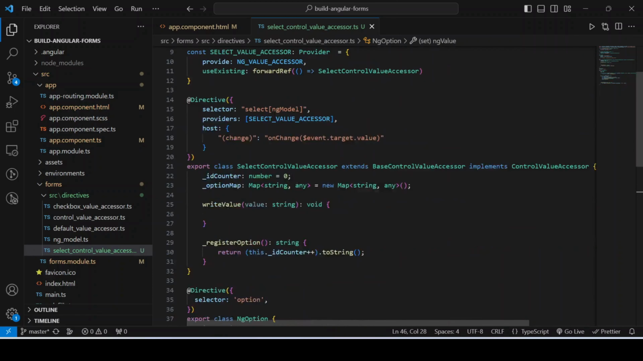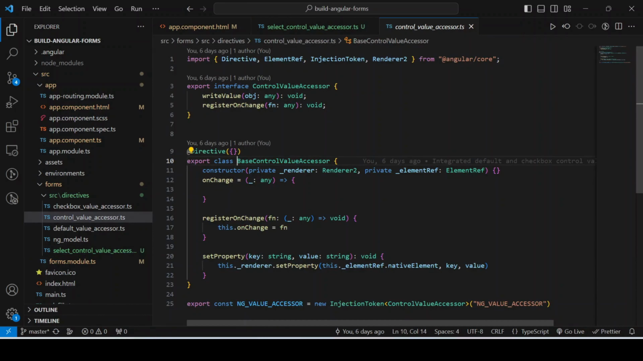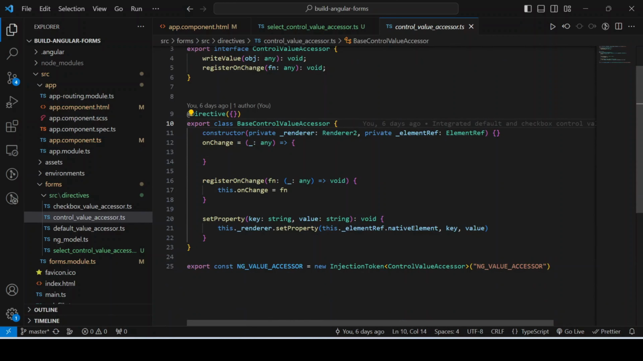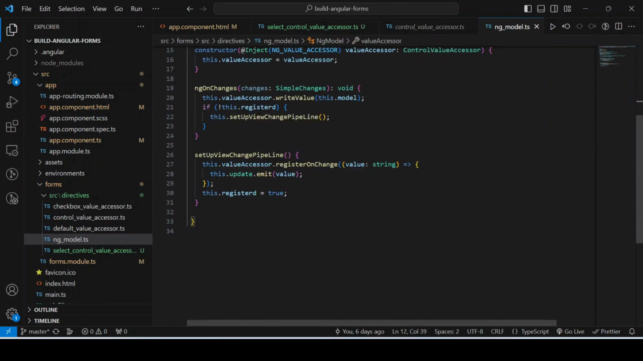So you already know, in the last video where we had a discussion about how we write the control value accessor, if you move to here, you know how ngModel registers for the changes, right? It registers for the changes through this onChange. If you move to the ngModel, it sets up a view change pipeline to get all the updates coming from the host element where you apply the ngModel directive. So in this method, what the ngModel does, this is the injected value accessor. It calls this registerOnChange and passes a callback,